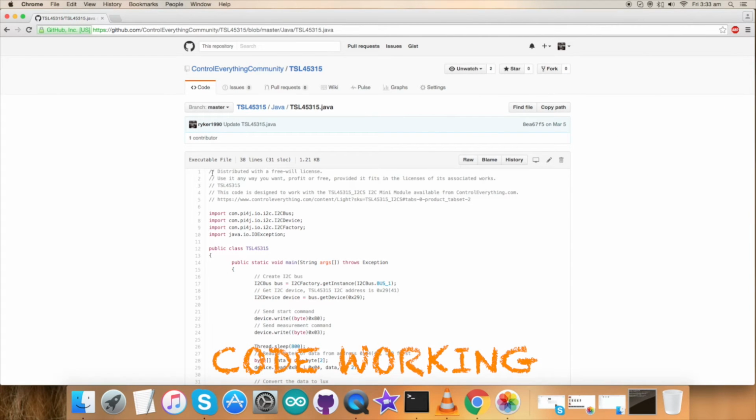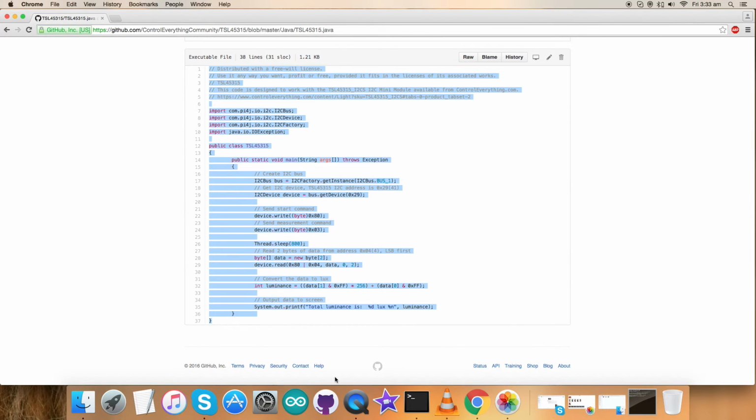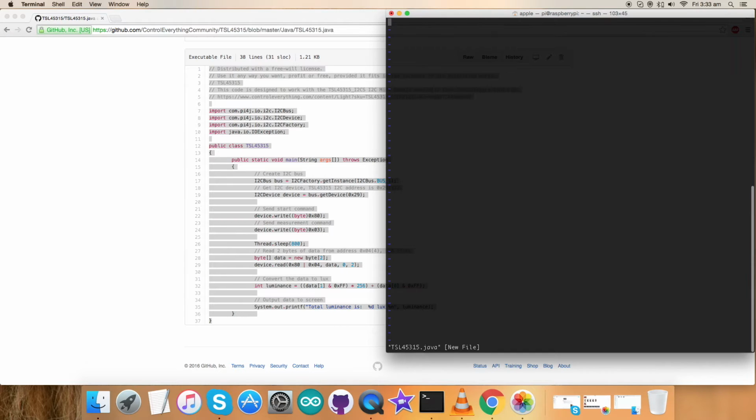Well, for the working part, first of all, we have to copy this entire Java code and open up the terminal for Raspberry Pi. Now, here we have to create a new file, and the name of the file is TSL45315.java. And here, paste the entire code and save it.